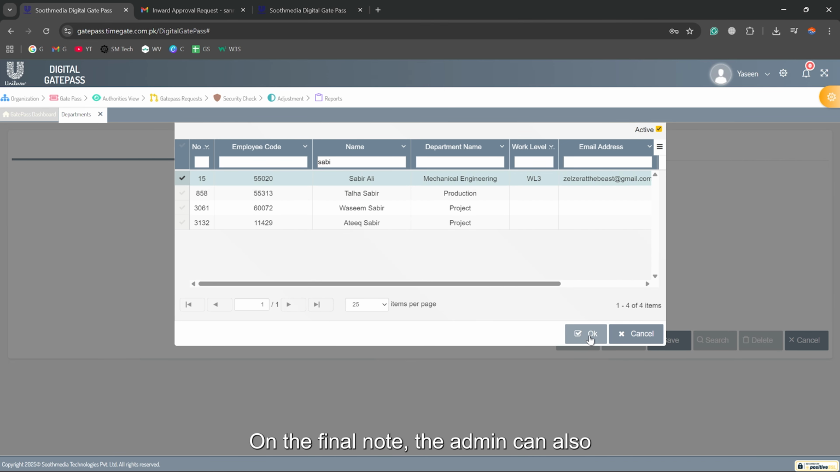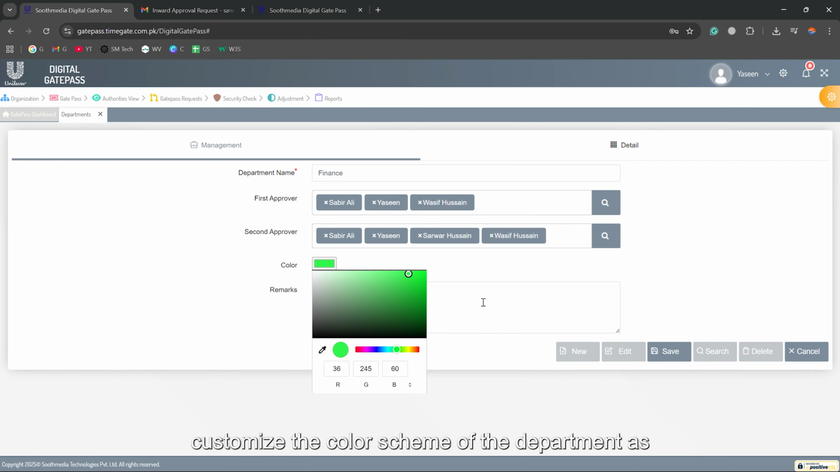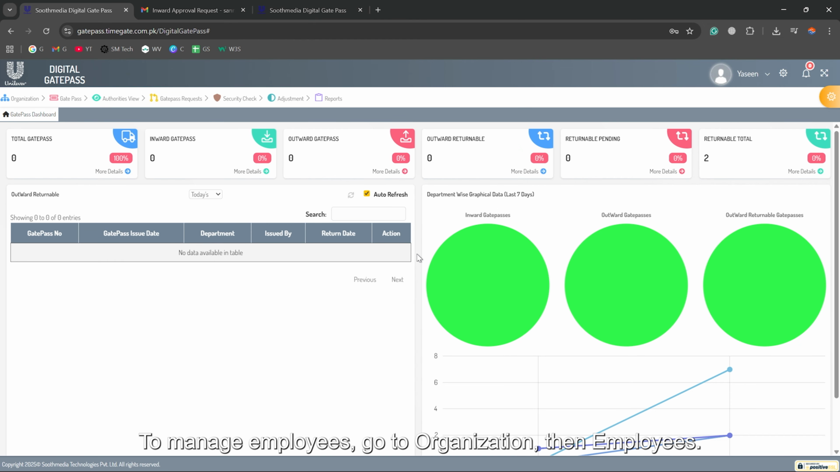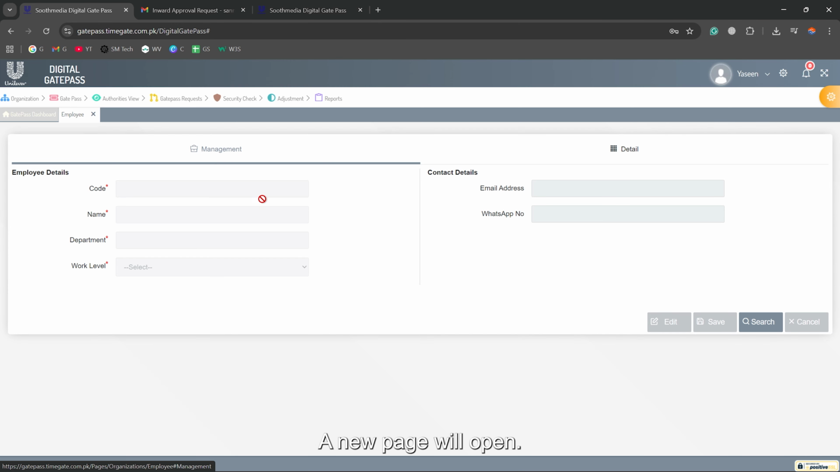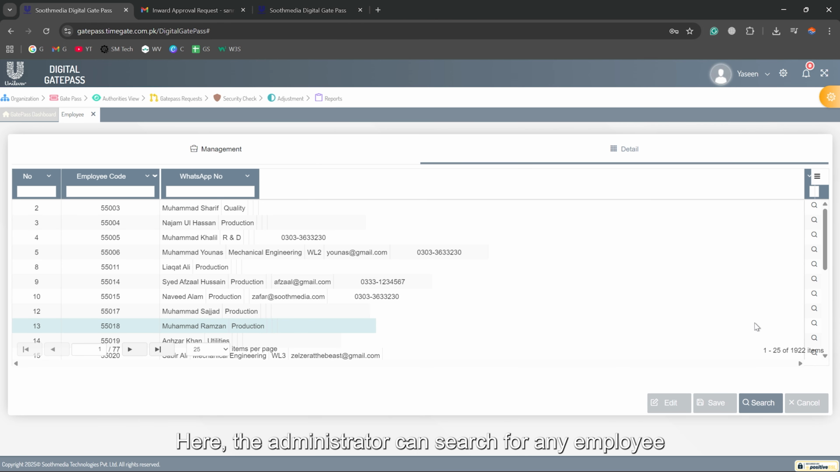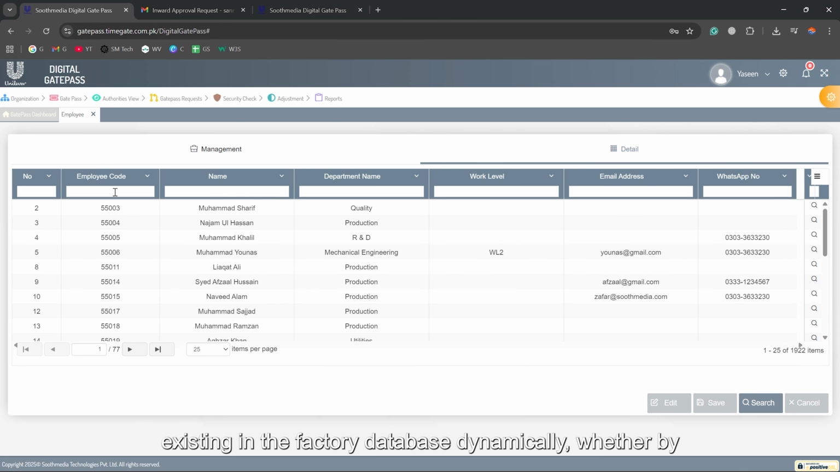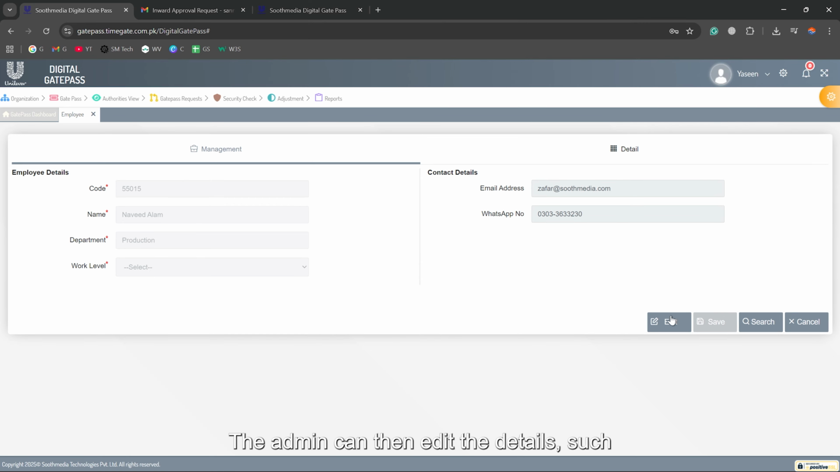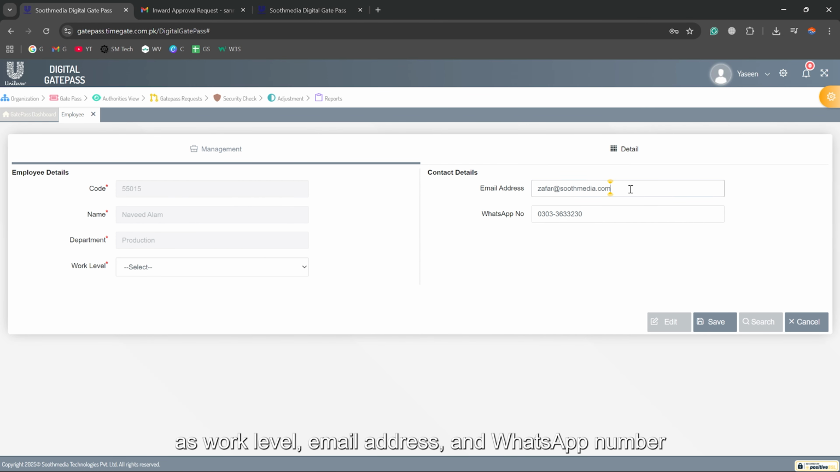On the final note, the admin can also customize the color scheme of the department as desired for the department-wise graphical data. To manage employees, go to Organization, then Employees. A new page will open. Here, the administrator can search for any employee existing in the factory database dynamically, whether by their employee ID, name, department, work level, email address, or WhatsApp number. The admin can then edit the details, such as work level, email address, and WhatsApp number of any employee within